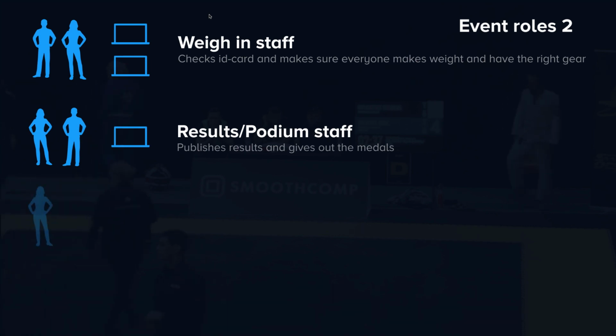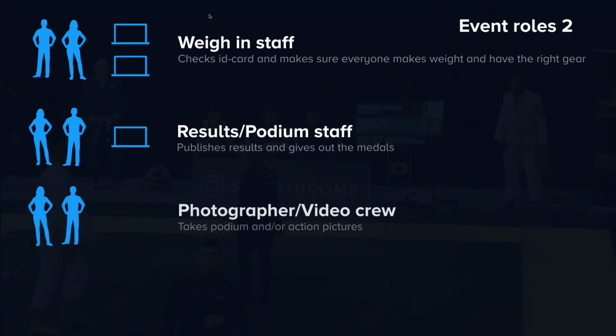Besides that, you can have professional photographers. You can have a video crew to live stream the event. Normally, they don't engage in the system very much. Sometimes when you have a video crew, they want to cut the scoreboard in the picture. Of course, they will then hook that up. We use HDMI splitters to perform that today. More exciting features are coming, like in the next 6 months maybe. But at the moment, that's the way we do it.